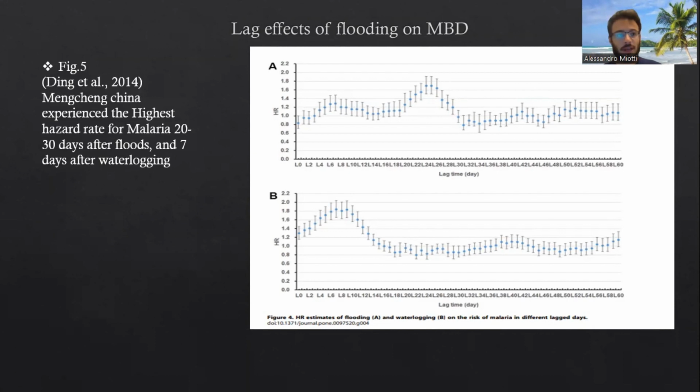There's no research that Ding et al. conducted on this, but it is understandable that after flooding occurs, it takes a while for these stagnant pools to form. And it's important to understand these lag periods, because if we're going to control these vectors and intervene after flooding, we have to know the perfect time to intervene for the best effect, so that we can attack as many vectors as we can, and stop illness spread before it's too late.